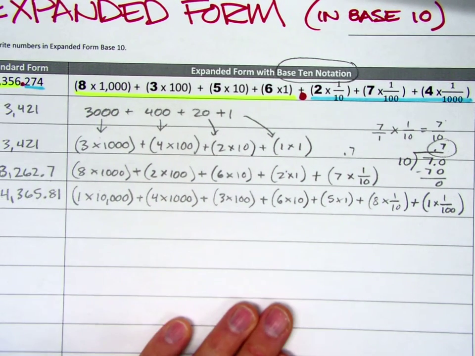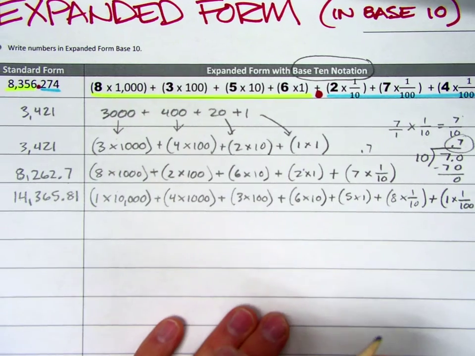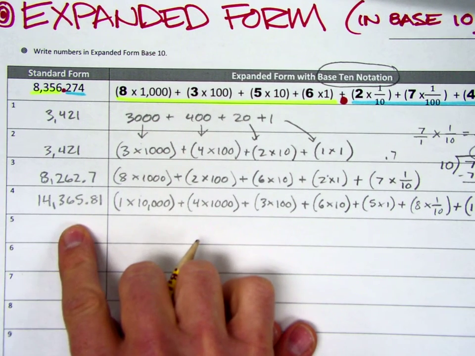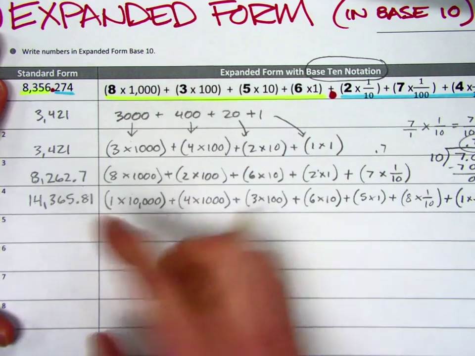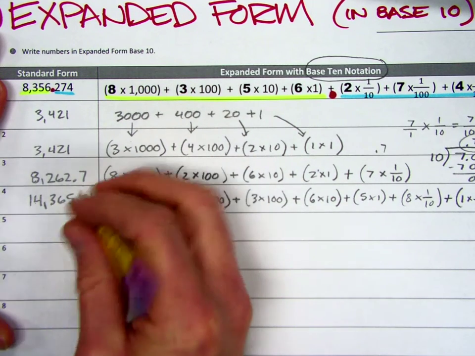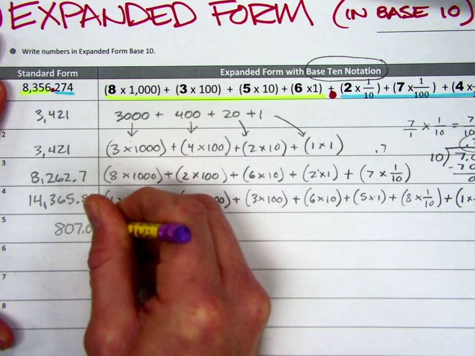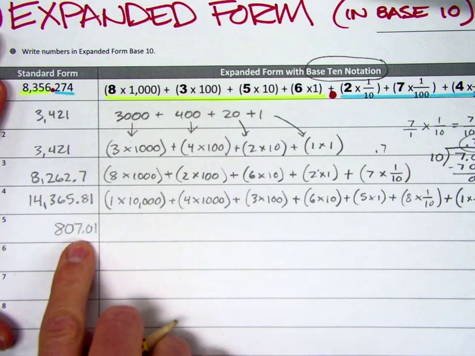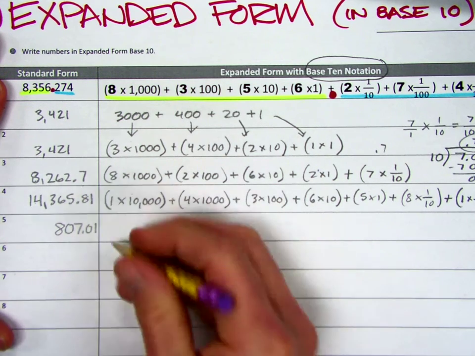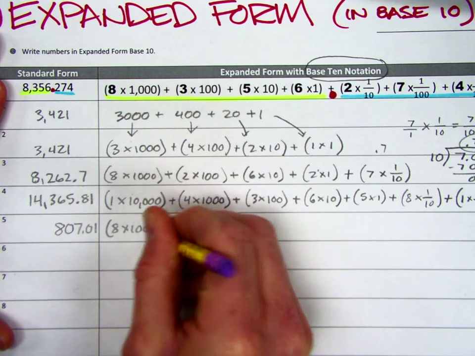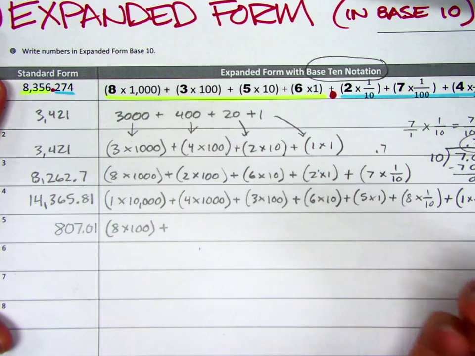So my next step is that I'm going to, not a number that's missing, but if a number is a 0. So I'm going to have a number over here that has zeros in it, so you can see what that would look like. Let's say I have the number 807 and 1/100th, 807.01. Okay, that would look like this: 8 times 100 plus,